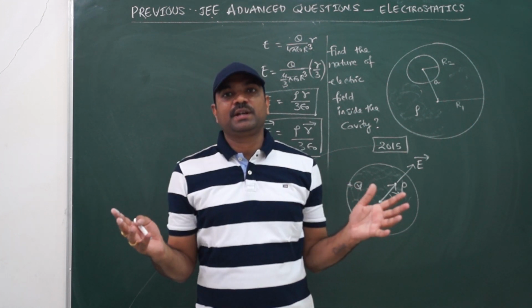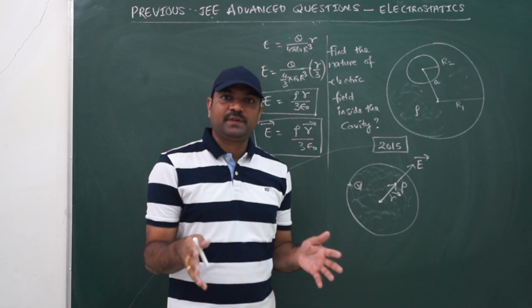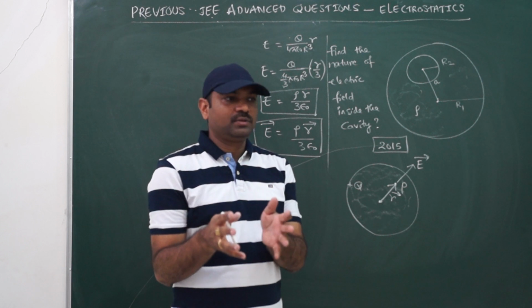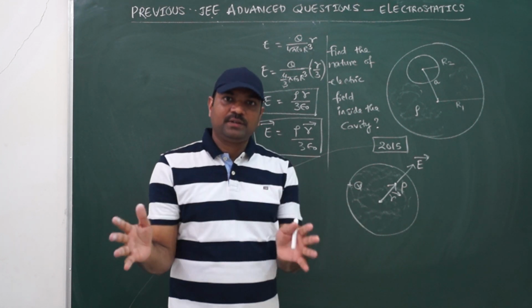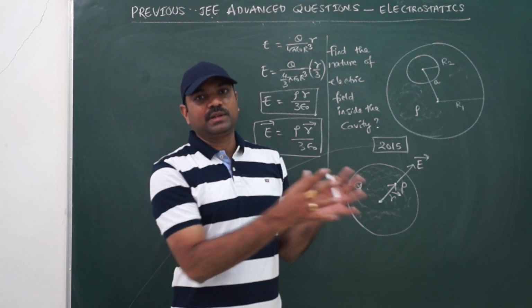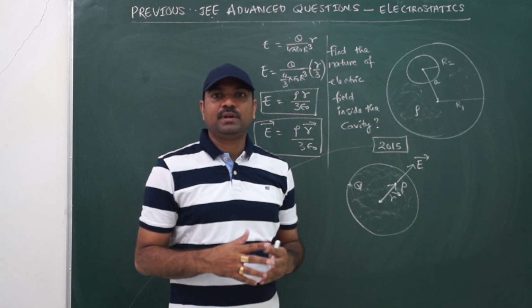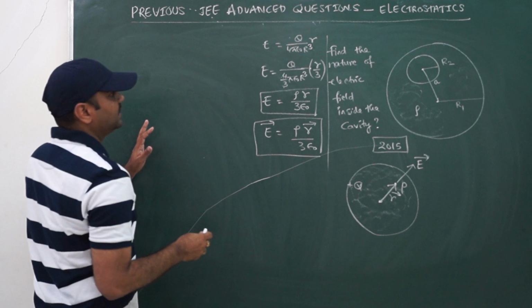This is one logic I used to tell my students: whenever you want to identify any quantity related to objects where some part of the object is removed, then you find the quantity due to the original one minus the quantity due to the removed part, and then automatically you will get the quantity because of the remaining part. Okay, so let us see here now.